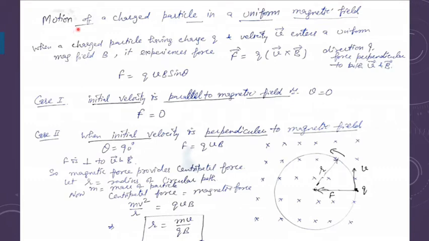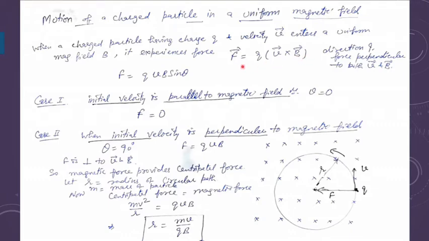Lorentz force, we have discussed that whenever we make a charged particle move in a uniform magnetic field, what type of motion the charged particle is going to have. This is specially mentioned in your syllabus. You need to know motion of a charged particle in a uniform magnetic field. So whenever a charged particle having charge q is entering with velocity v, and a uniform magnetic field B is there, then by Lorentz force, the magnetic force, we have already discussed in the previous lectures, is given by q v cross B.